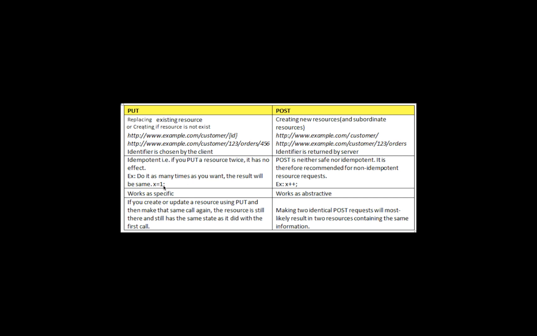Just like x equal to 1, you execute x equal to 1 n number of times, it will always be the same. Just like let's say I have updated a user. You update the same user 20 times or 30 times, the server will always return the same user. It will not create a new entry in the database. POST means the moment you do a POST call, it will always try to create a new entity. If some validations are already available at the server side and the data is already there, it will say, okay, this user is already there, but it will always try to create new data for that, right? So this is the basic difference between PUT and POST.